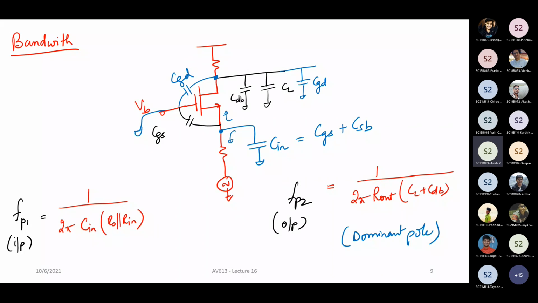Okay, sir. Because you're giving your input at the source, you're not giving the input at the gate. So this CGD is not literally seeing some kind of a gain. In other words, it's actually seeing the gate as grounded AC-wise. So the output pole will kind of... here you can add CGD and so on. Now, typically in practice, it is difficult to estimate these things very accurately. We depend on simulation to help us get the values correctly.